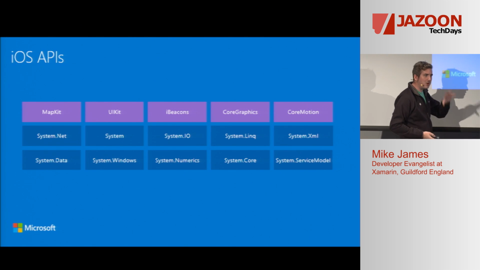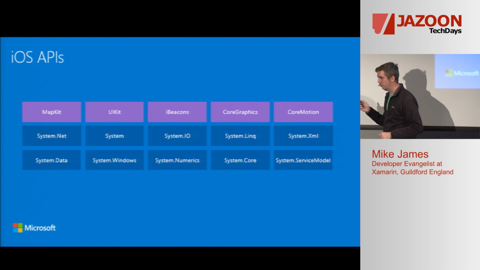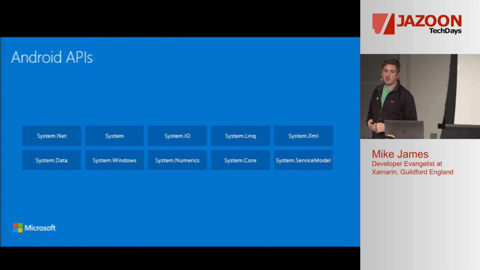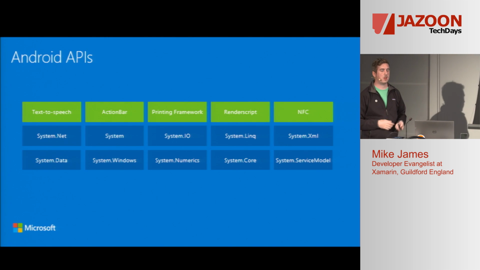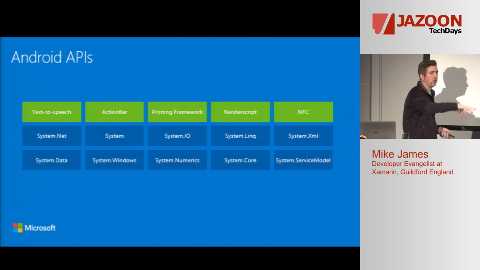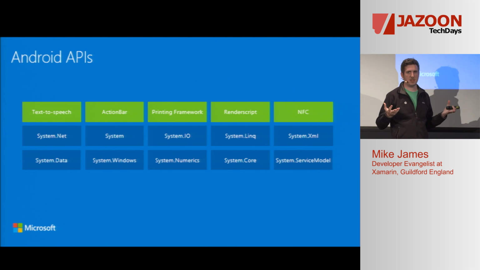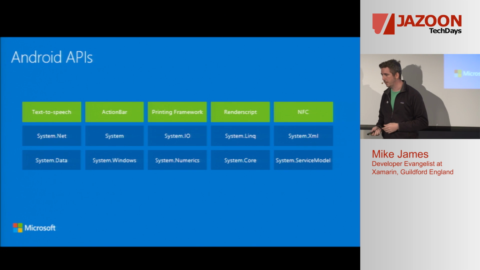So when I say you really can access every single feature that the Objective-C and Swift developers can, it's true, even the private ones that you really shouldn't. And the same is true for Android. If you've ever built an Android application, you can probably just bring it straight over to Xamarin. As I said before, for the most part, we can just uppercase a few bits and it will just run because the APIs are so similar.